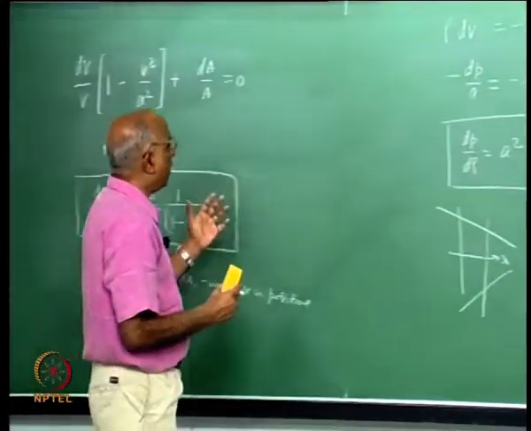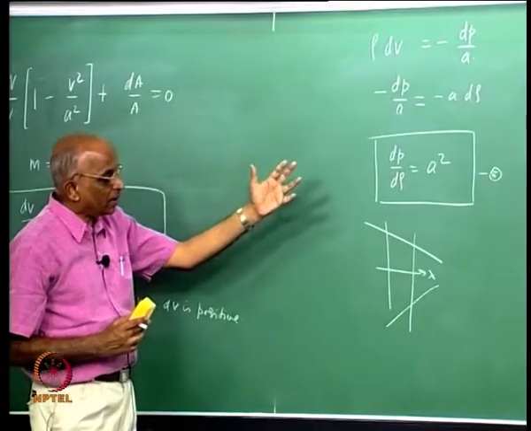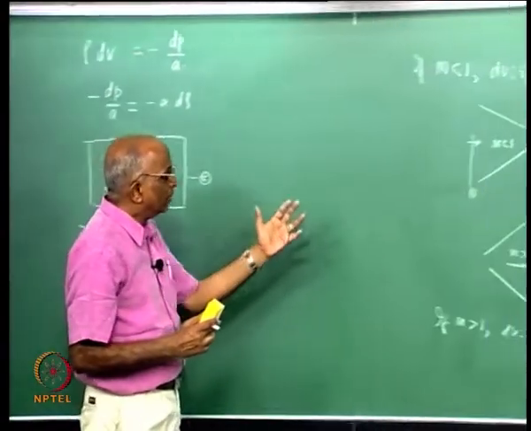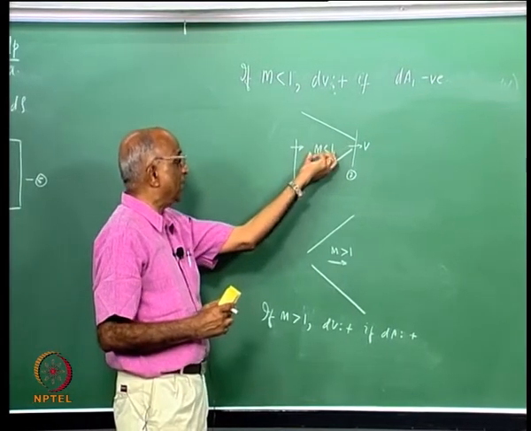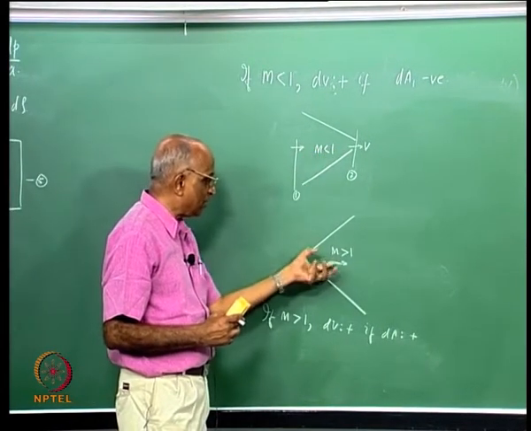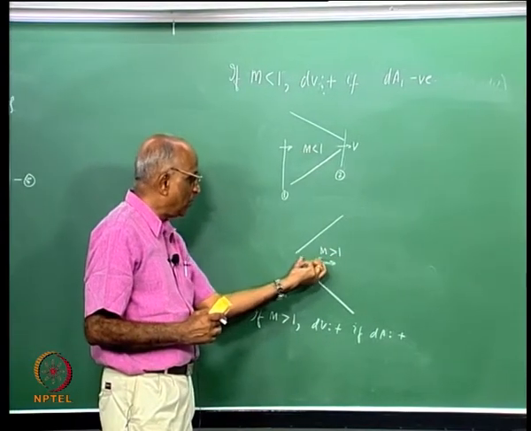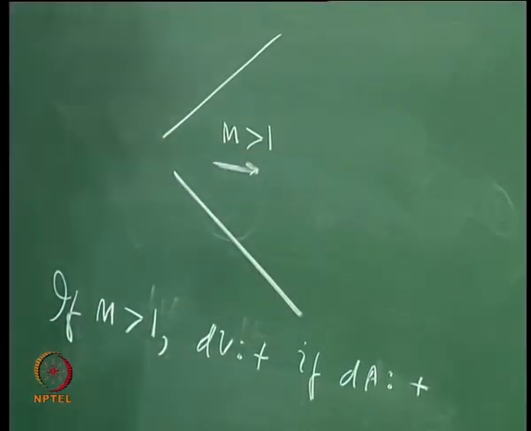See, through the simple argument of looking at the mass balance and the momentum equation, we are able to come to the conjecture that in a convergent section velocity will increase only if Mach number is less than 1, whereas if I have a divergent section and Mach number is greater than 1, then only the flow velocity will increase. What will happen if the